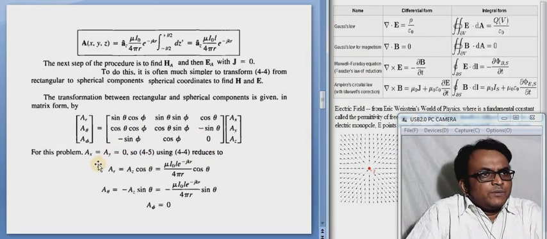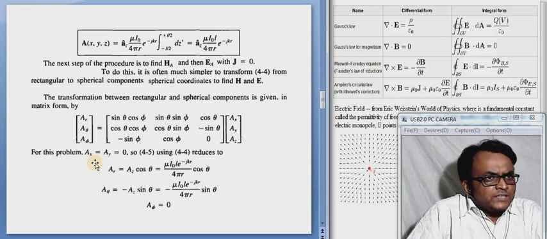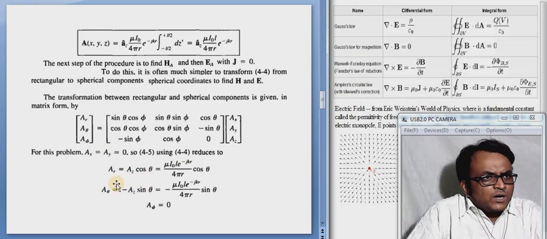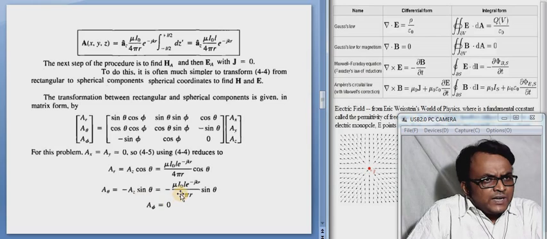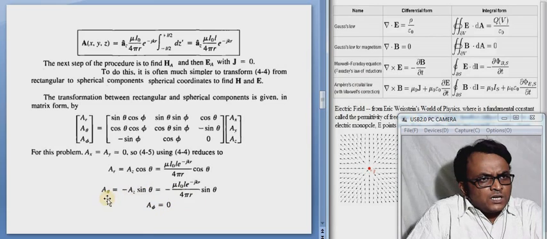So we can say the magnetic vector potential components Ax and Ay will become 0, and therefore only Az will survive. That is why the radial part of this vector potential will be given here, whereas the azimuth potential is basically 0, and the elevation potential function of this magnetic vector potential will be given as follows.